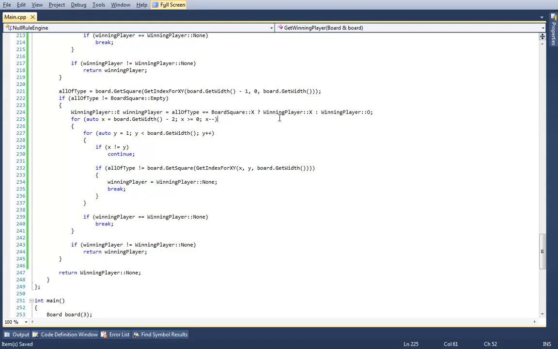In that case, why are you starting y at 1? Because I've already checked for the y of being 0. Oh, okay. In that case, get board with minus, it should be x equals, get board with minus,